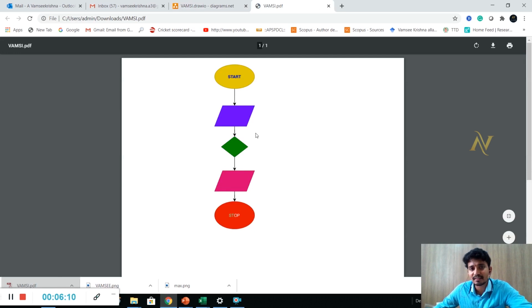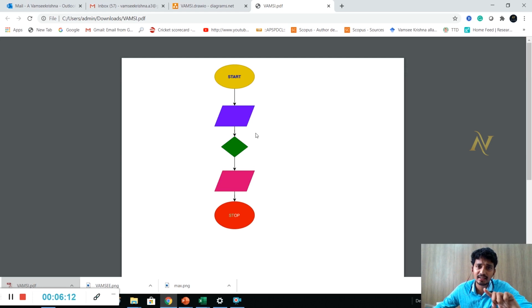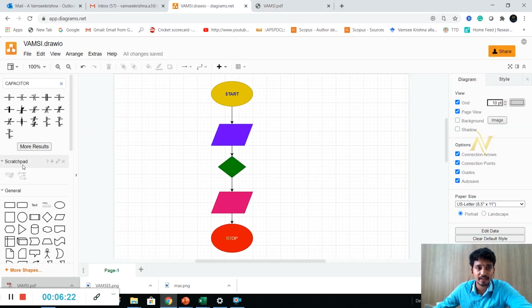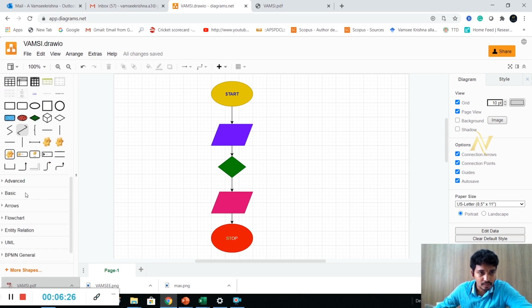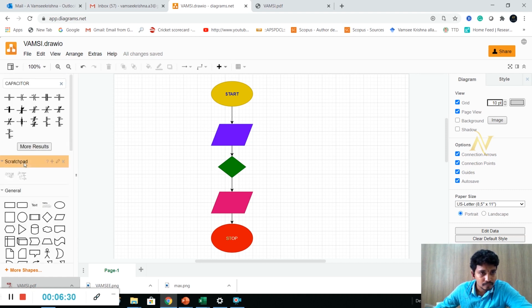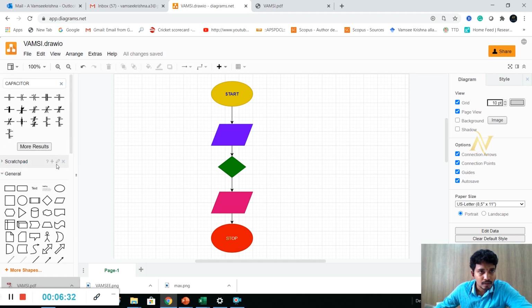But if you want to draw the same graph or flowchart in PPT, it takes a lot of time. In this way you can save a JPG file, a PNG file, whatever file it may be. Suppose you want to export some files from there. So in this way we can draw the diagrams.